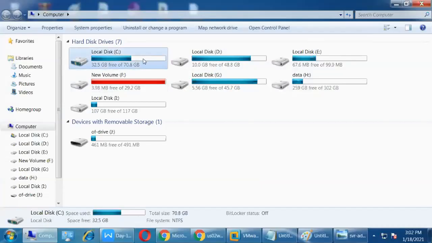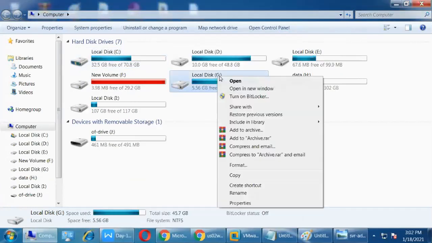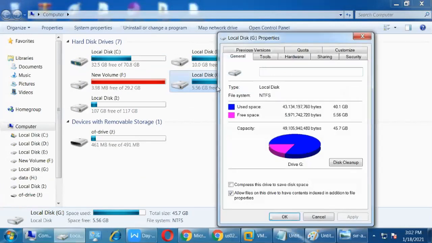So how can we identify the file system? Right click my partition, click on properties, and it will show the file system. See here, NTFS. Another partition is also NTFS. NTFS means new technology file system.